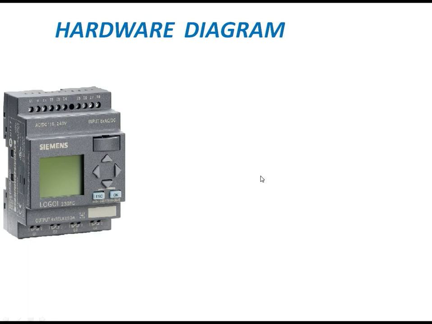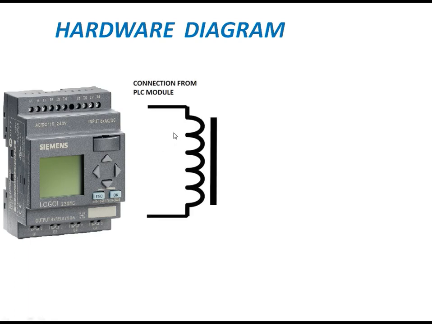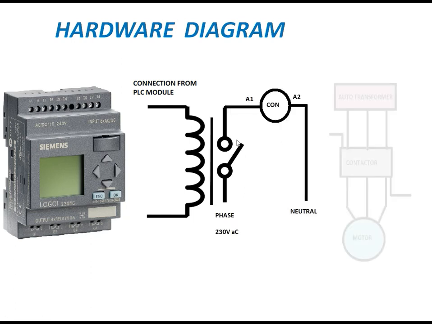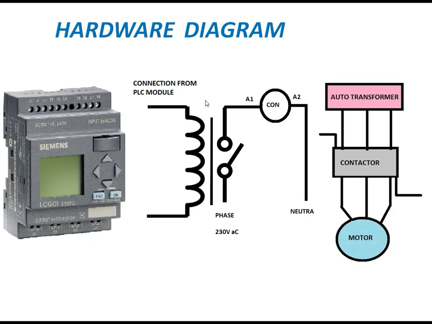Now from that we are giving the supply to it, and see, this is an electromagnetic relay. As I said, I have given 24 volts to it. From that the relay coil gets activated, and with NO and NC, your contactor will get activated. So the overall diagram is like this, guys. I am giving here positive and here negative, and your relay coil gets activated.